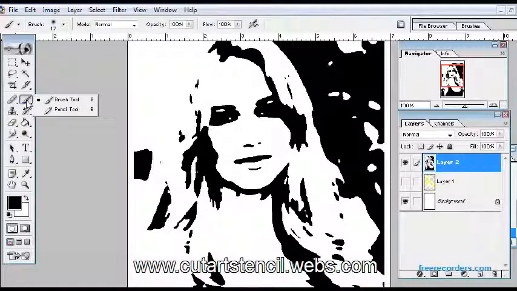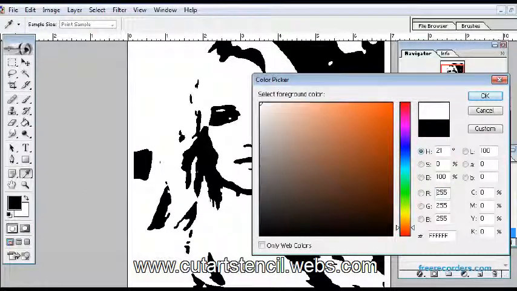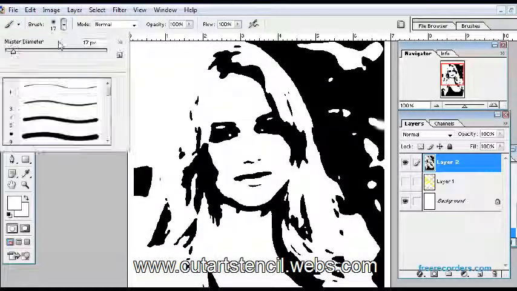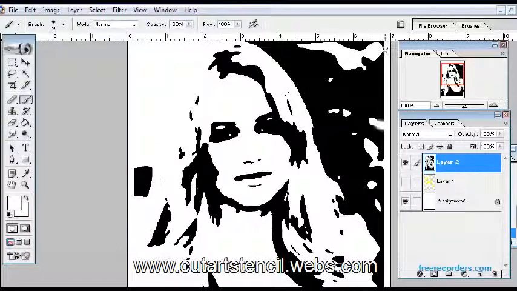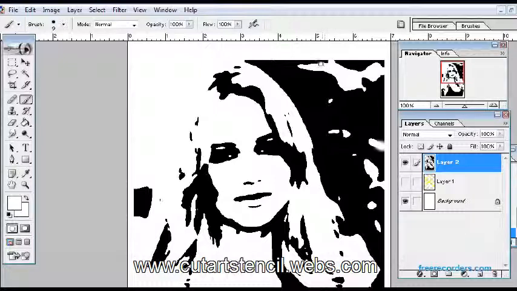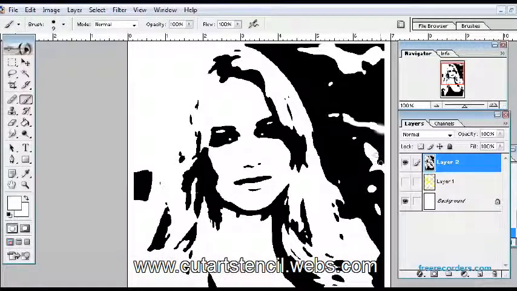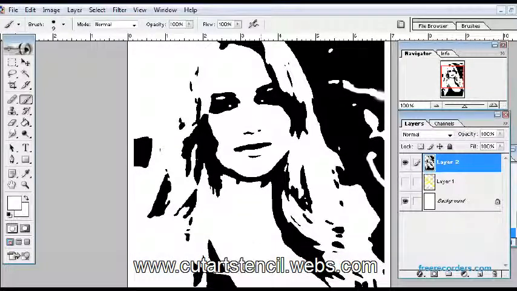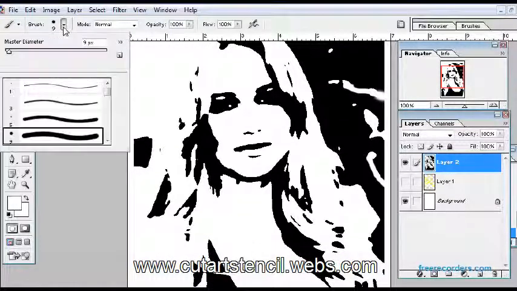So the next thing you do is making the bridges for the islands. That is, if there are isolated white parts in your image, then you have to connect them with the larger white areas. Otherwise, when you cut the black areas around them, these white areas will also be removed and your stencil quality will be affected, because the white portions will also be printed in black. So carefully choose all the isolated white areas, that is the islands, and connect them with the outer white areas or the white areas surrounding them, closest to them.